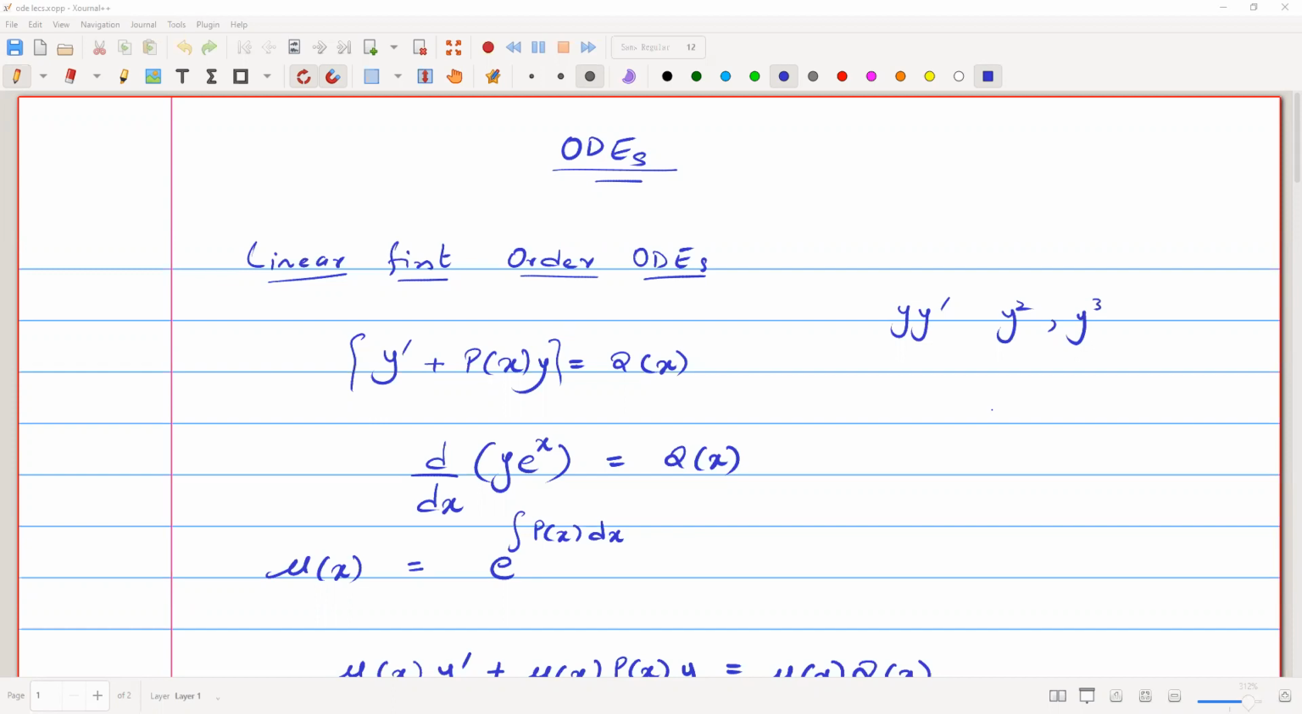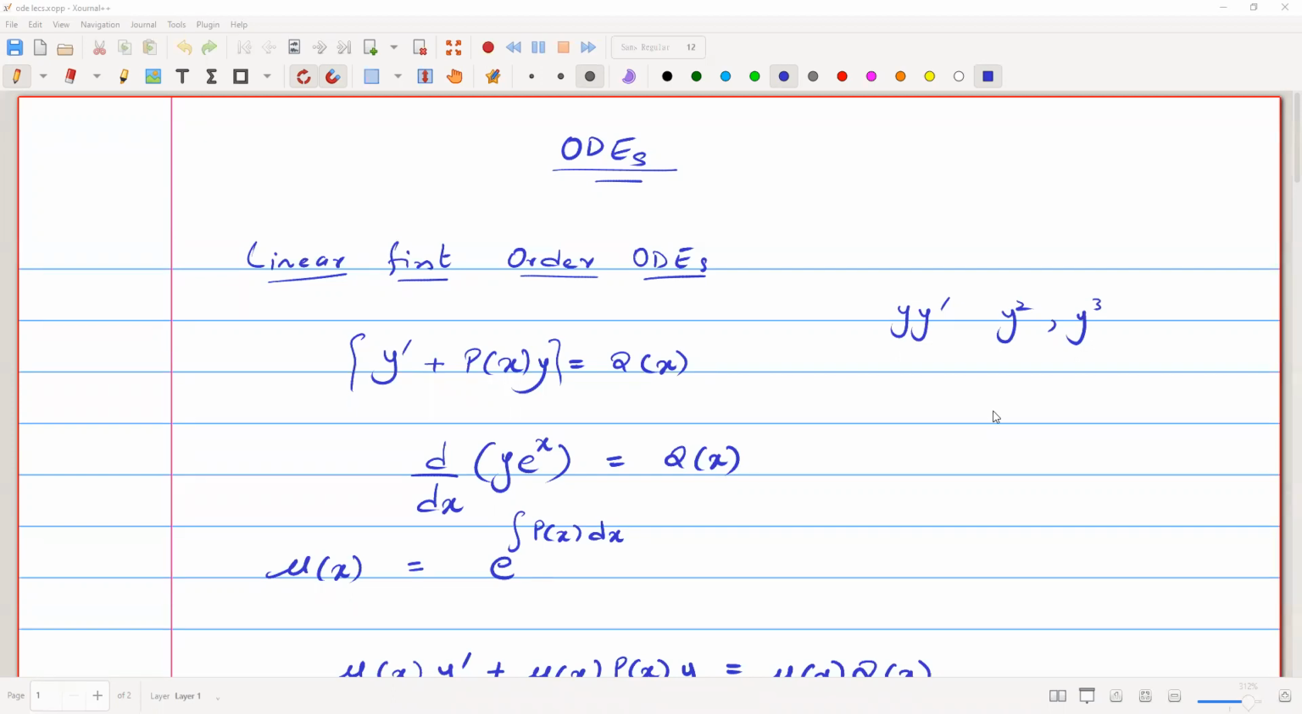In the previous classes, we discussed some first order differential equations: separable equations, homogeneous equations, exact equations, and the equations reducible to exact equations. In this class, we are going to start discussion on the linear first order differential equations, and we will see the general form, and how to solve these equations by using some